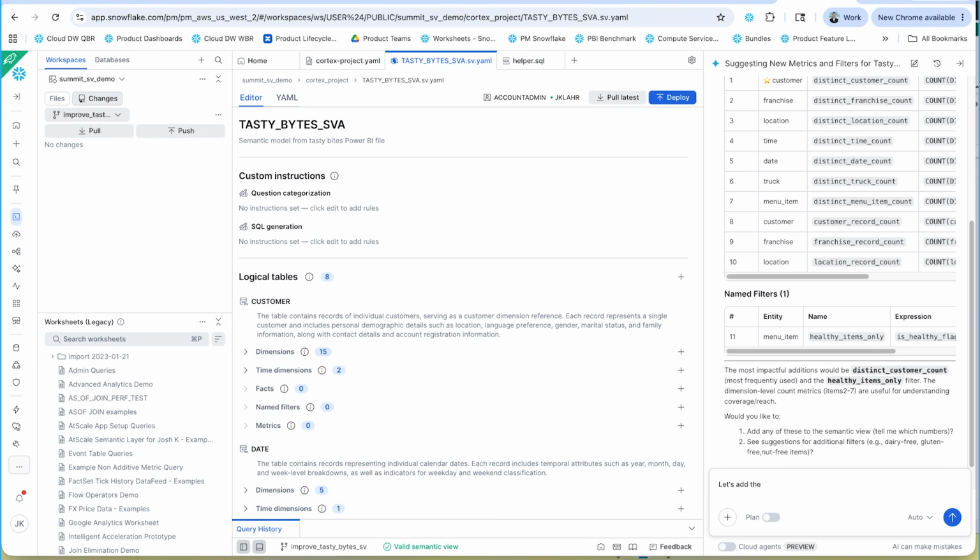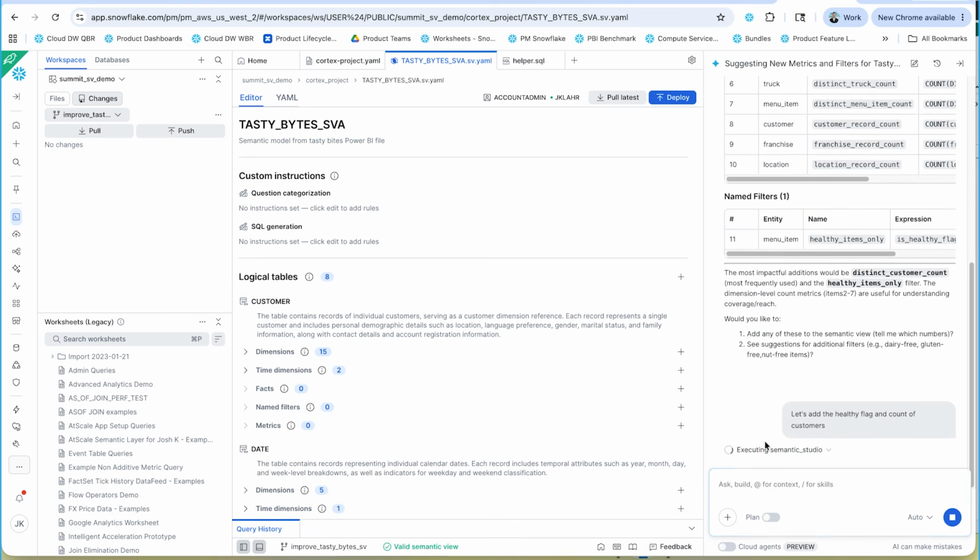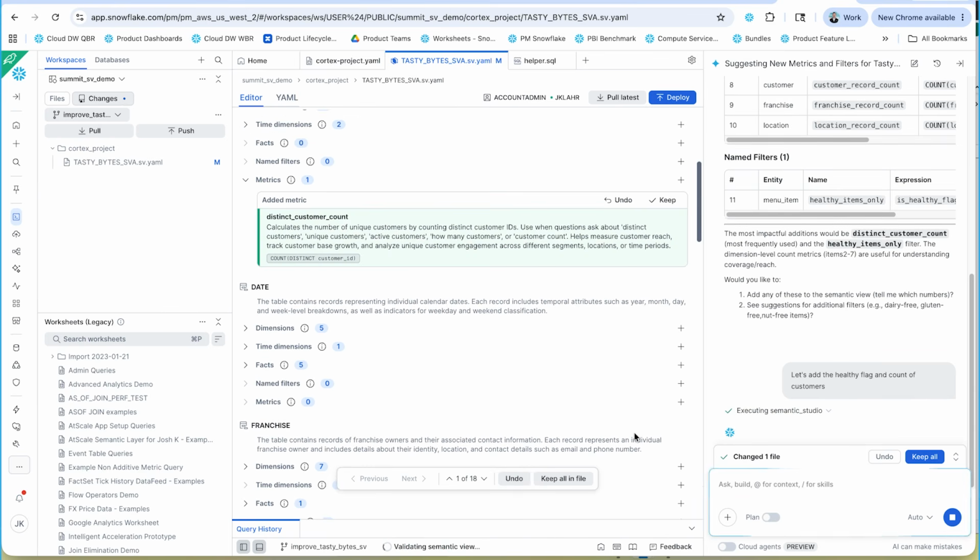I want to enrich my semantic view, and I want to actually add the healthy flag that you suggested, as well as the count of distinct customers. So I'm now going to actually use Cocoa. It's going to make some modifications to my semantic view, and it's going to add those in to my semantic view. And because this is all very developer friendly, once those changes are made, you can actually see visually that,